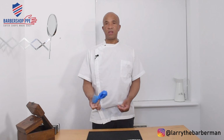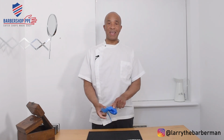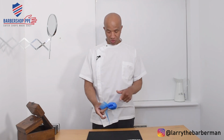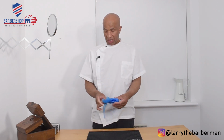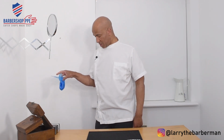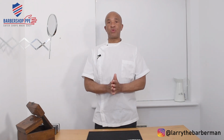And there you have it. You've got that. That's all clean. All your contaminated gloves are in there. Should you have been subject to any contaminated droplets, that's all on the other side of the apron. So that's how you doff it. And then hopefully you'd have a foot bin which you'd open and you'd discard both things. Another golden rule: after you've